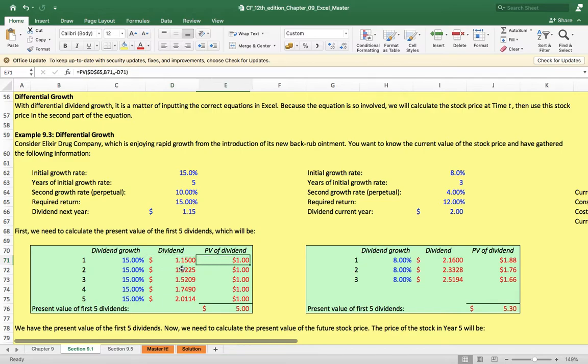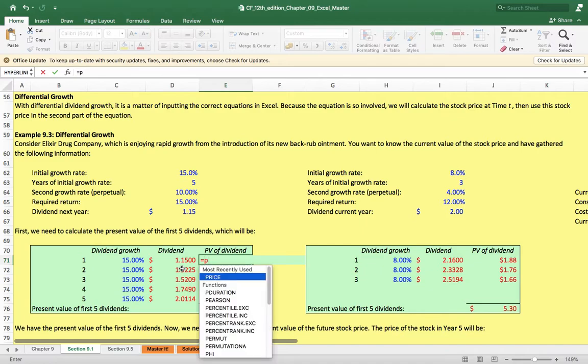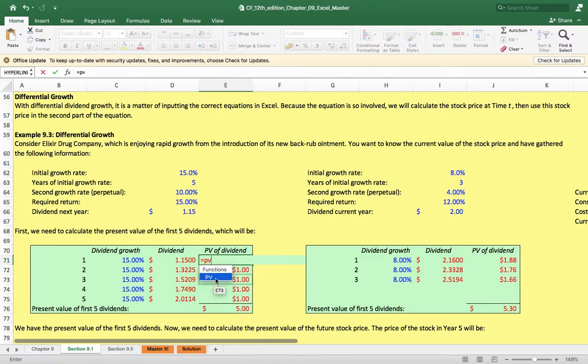Then you will get the present value of those dividends. Present value of those dividends is equal to, using the present value function, PV. The rate is equal to what is given in the question, 15%, and we have to freeze it so that we can drag it down. So D65, let us freeze by F4, comma, it's asking number of periods. This is number one,